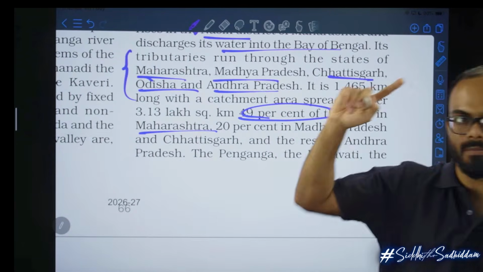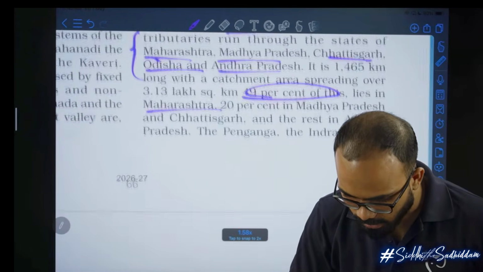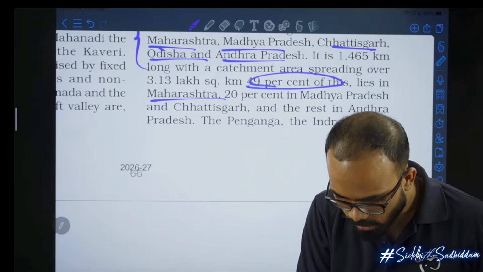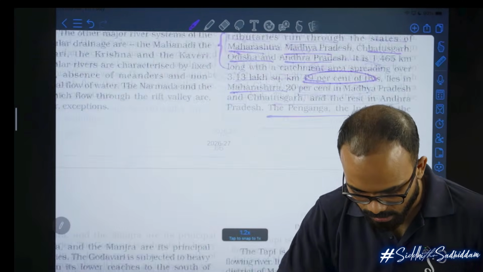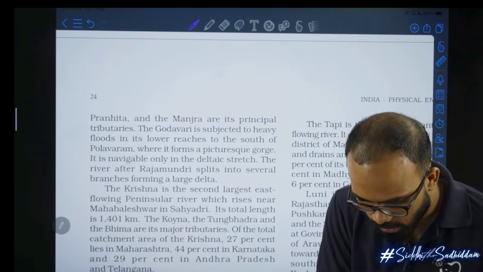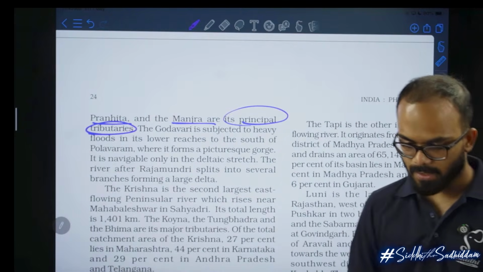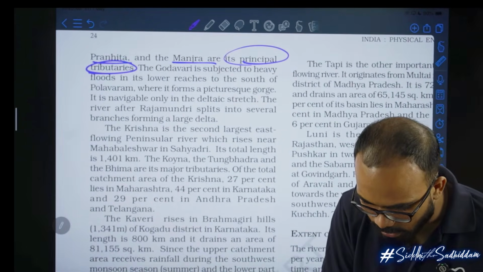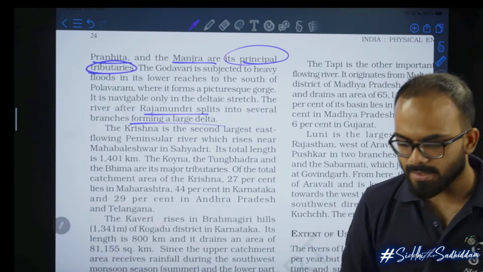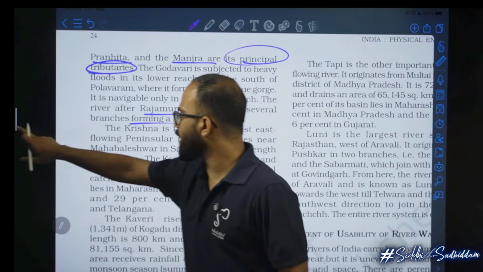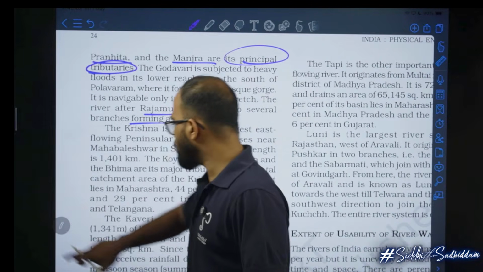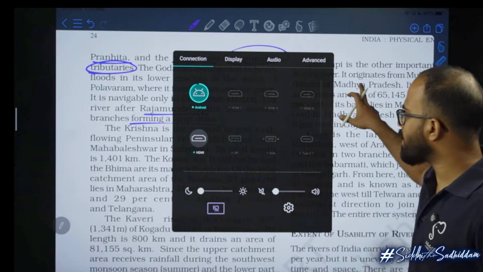Then you can go back to the map and you can see it. See, the Penganga, Indravati, Pranahita, Manjira are the major or principal tributaries. Then it splits at Rajahmundry and forms a large delta. You go back, you see this particular theory part, come to the map, and you can verify, you can read